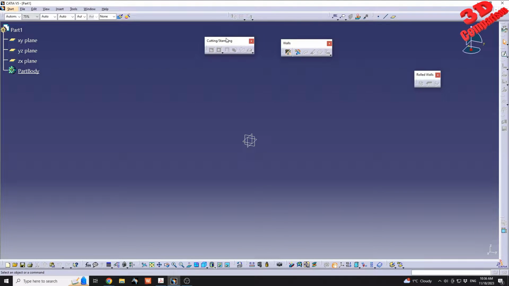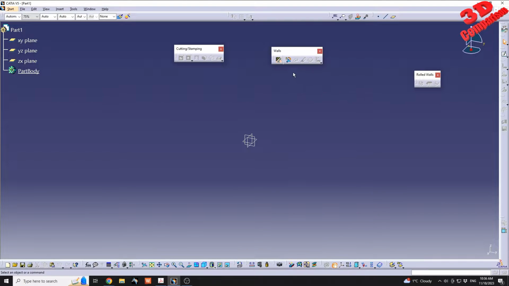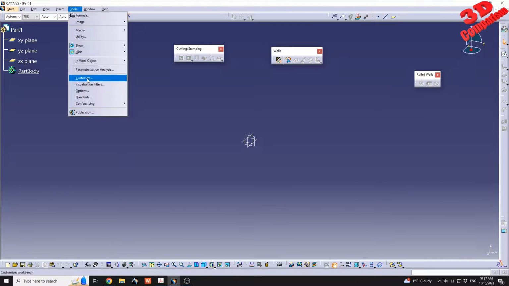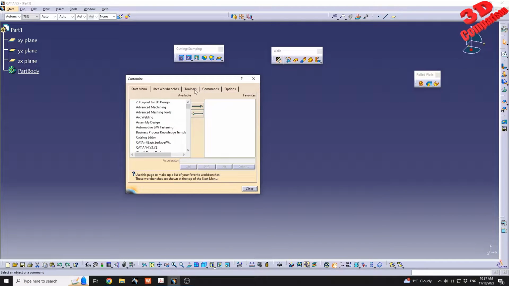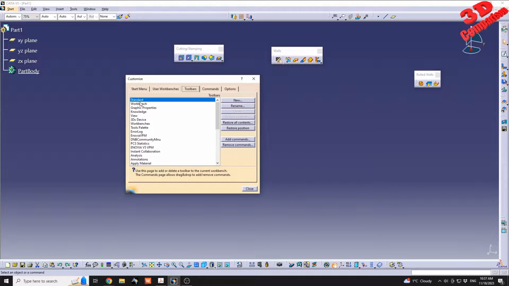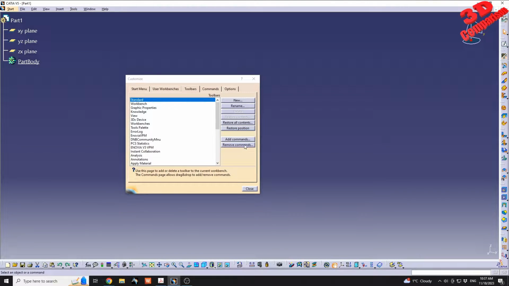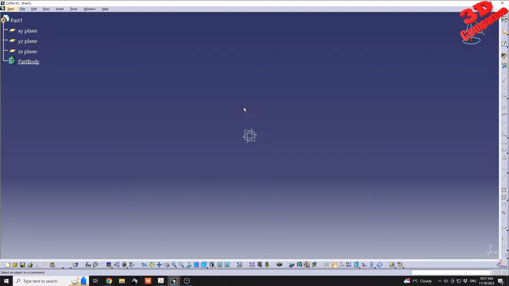So I have the cutting and stamping position over here. I have the walls over here. If you want to start from scratch, I highly recommend that you do a reset. If this is the first time you enter the workbench, you're going to see exactly how my UI will match yours. If I go up to Customize, afterwards I will go to Toolbar, and with the Standard selected, I will select Restore Position. So by default, if this is the first time you enter this workbench, all the